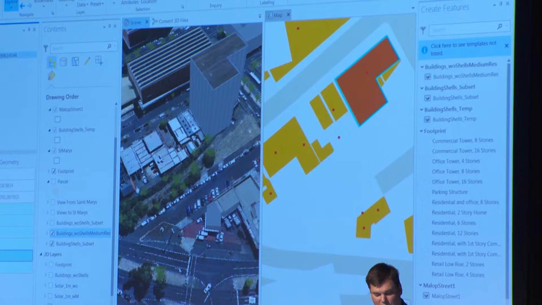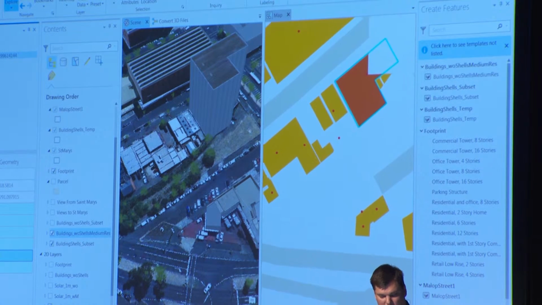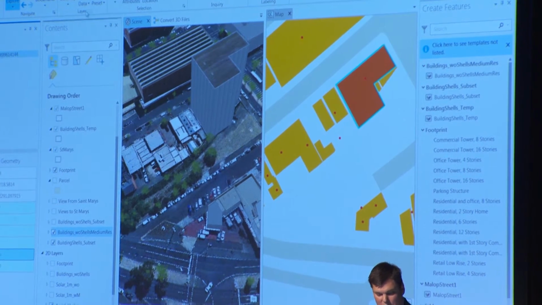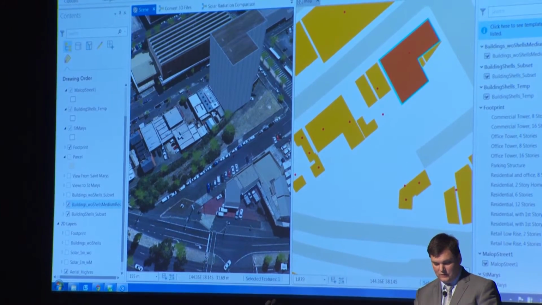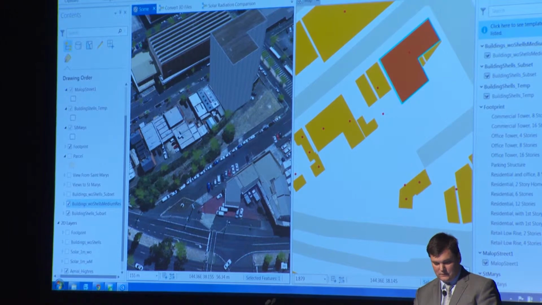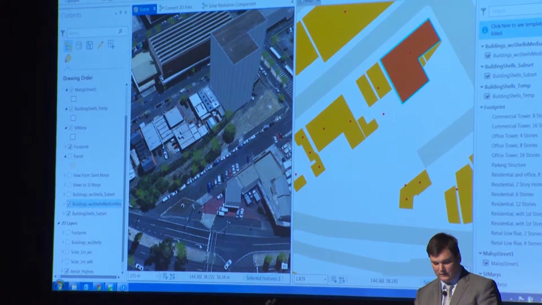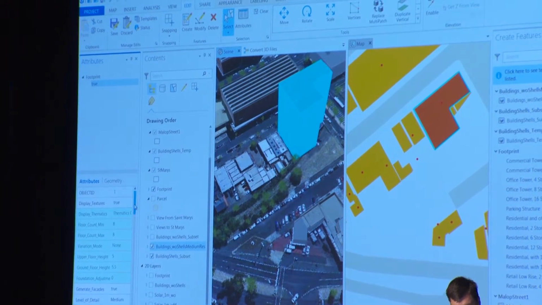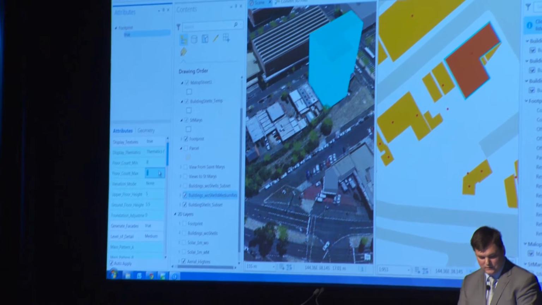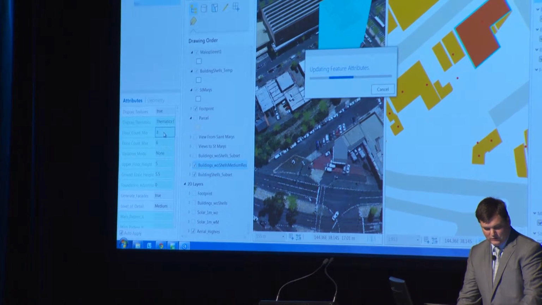So if I look at its attributes, right, I can actually start changing the different attributes of that feature. So let's select it. Bring up the attributes, and we'll make it a 6-story tall building